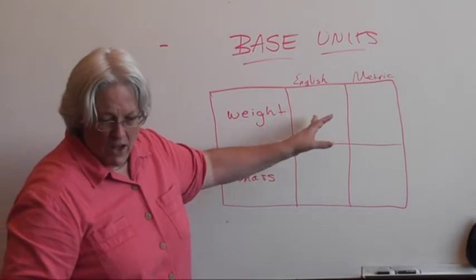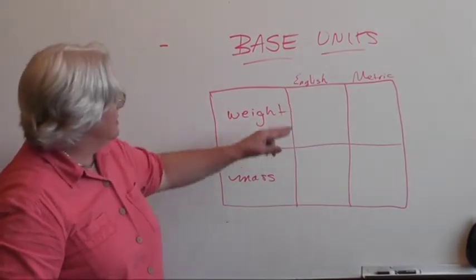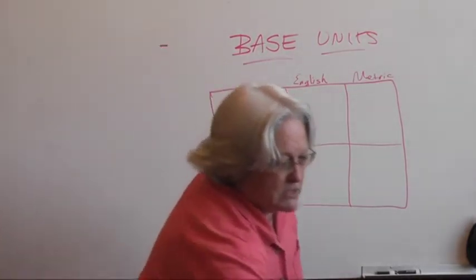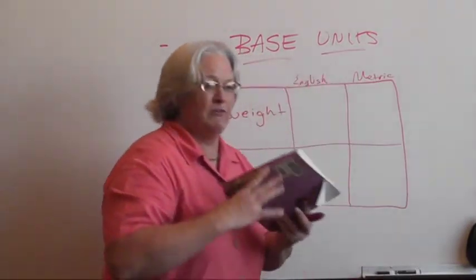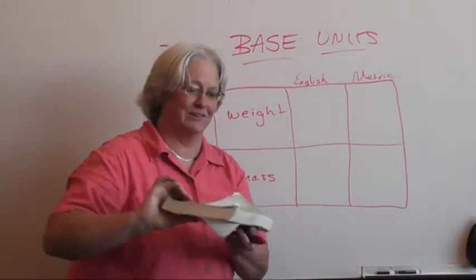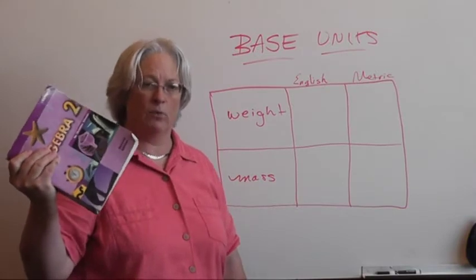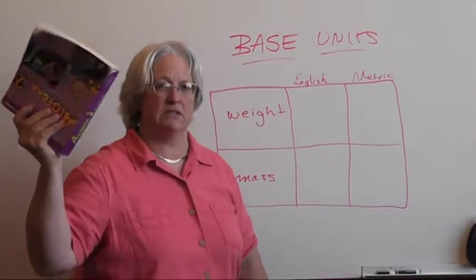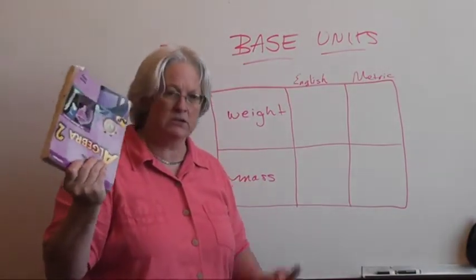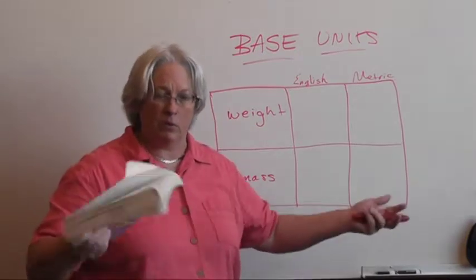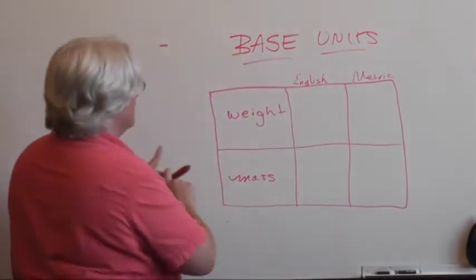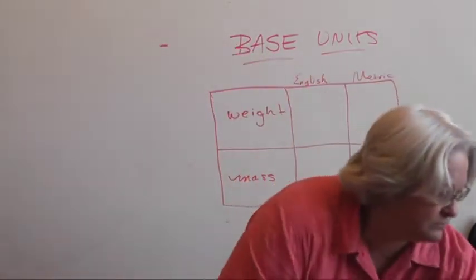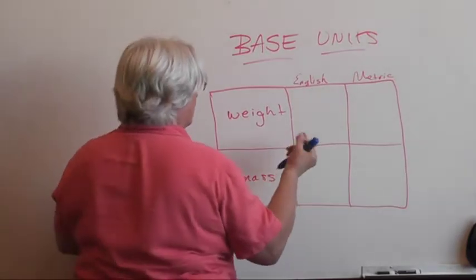So for the measurement of weight, let me pick up this book, my child's very favorite class. How much would we say it weighs? We might say, oh, this weighs about a pound. We don't automatically say this book right here probably weighs about 16 ounces. We would say 1 pound, half a pound, 20 pounds. So our base unit for weight in the English system is the pound.